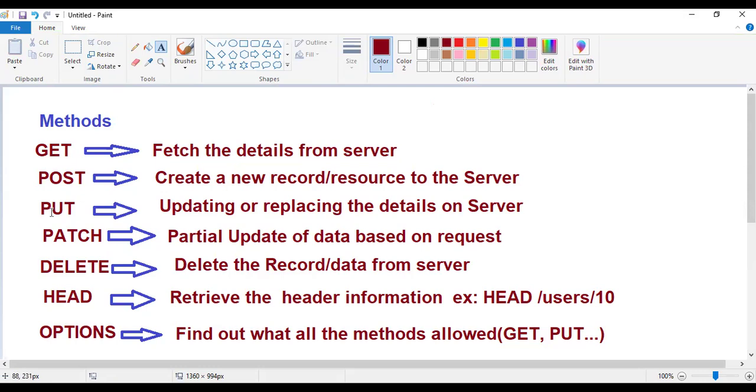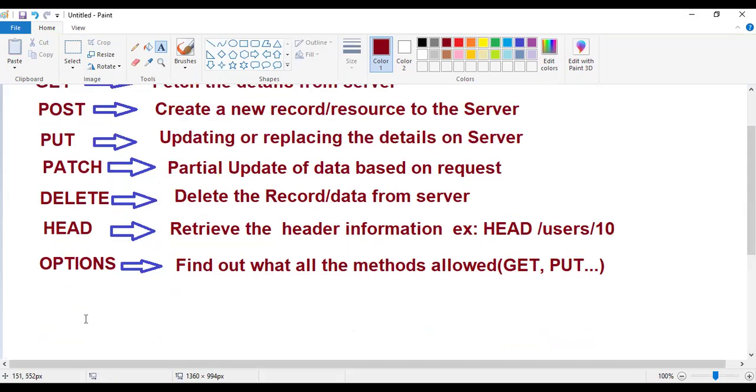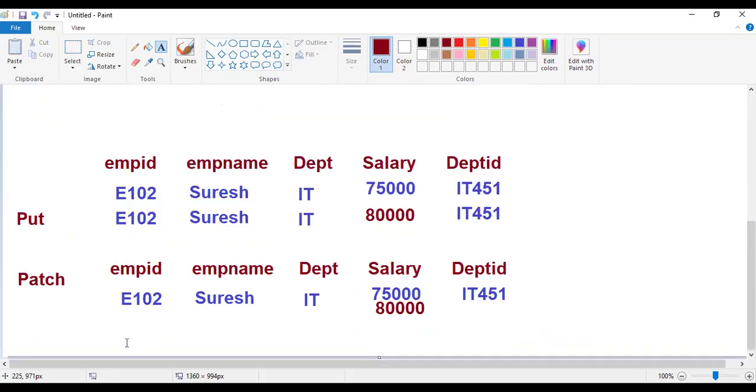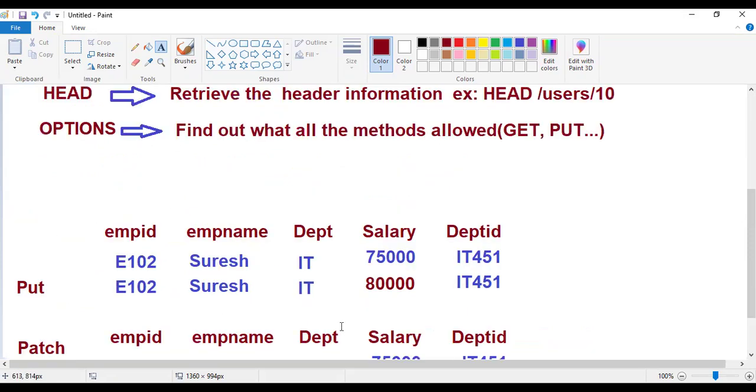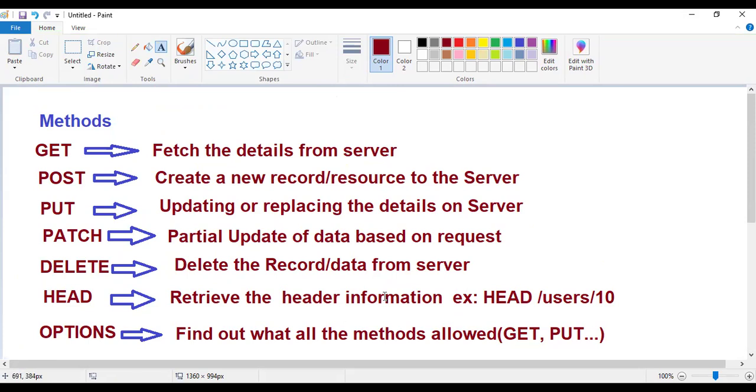So 1, 2, 3, 4, 5, 6, there are 7 methods in the entire API. So this is the difference between put and patch. So let me share the entire thing. In the interview, they'll ask you what is get, put. If you just learn this by heart, you can